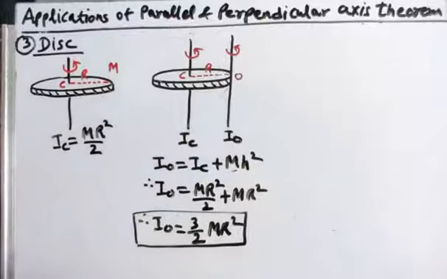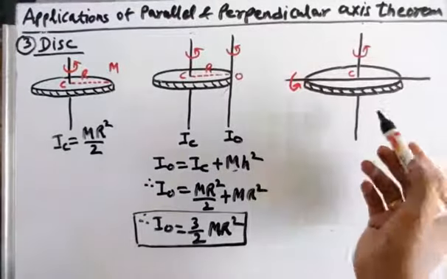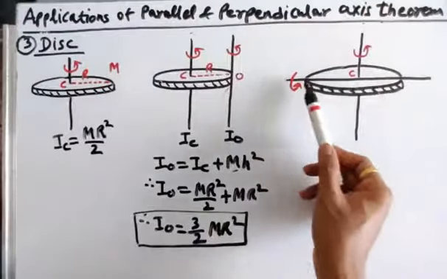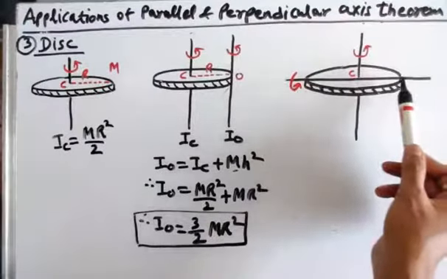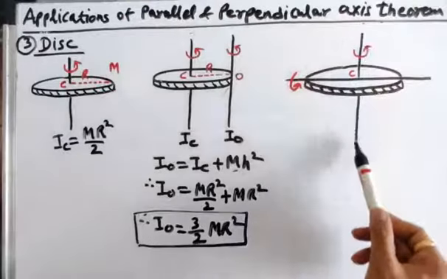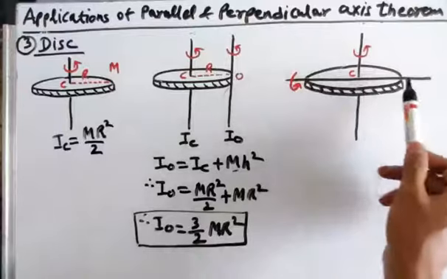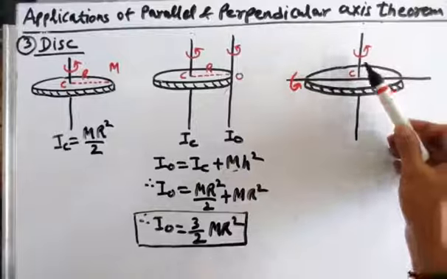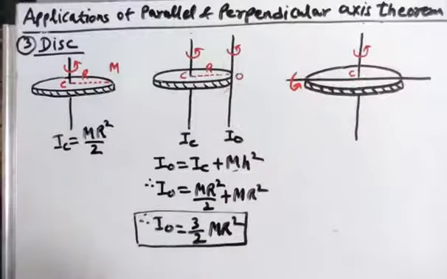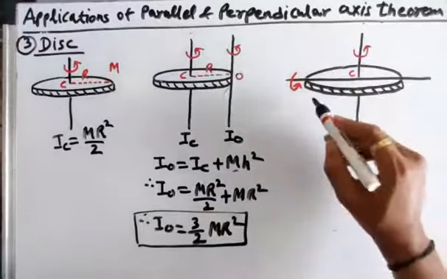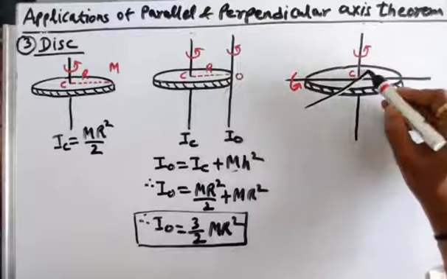perpendicular to its plane. Now in this case we want to find the moment of inertia of a disk about an axis along its diameter. You can see this is a vertical axis passing through C, and this is the axis of rotation about which we want to find its moment of inertia, which is along its diameter. These two axes are perpendicular to each other, so we can consider the principle of perpendicular axis, for which we can consider this as z axis, this as x axis. So we will draw one more axis, say y axis.